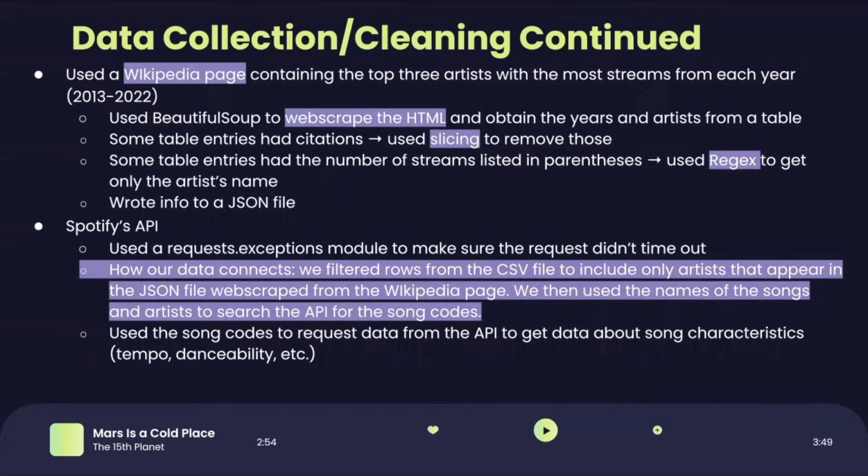For the Spotify API, we needed to use the requests.exceptions module to make sure the request didn't time out. We filtered rows from the CSV file to include only artists that appear in the JSON file that were web scraped from the Wikipedia page. We used the names of the songs and artists to search the API for the song codes. Then we used the song codes to request data from the API to obtain song characteristics such as tempo, danceability,